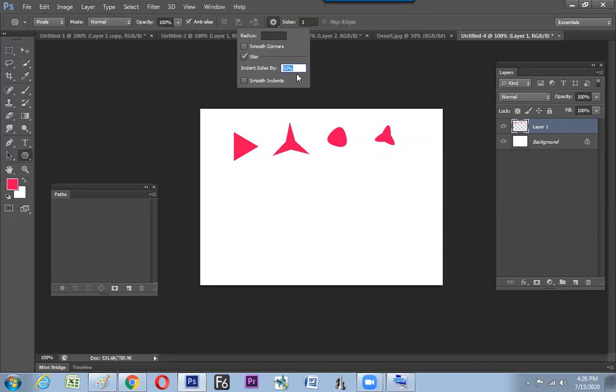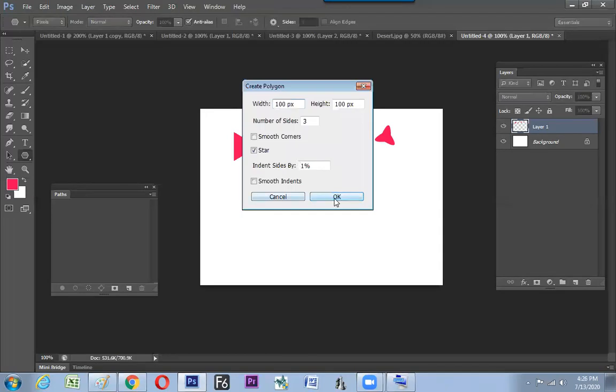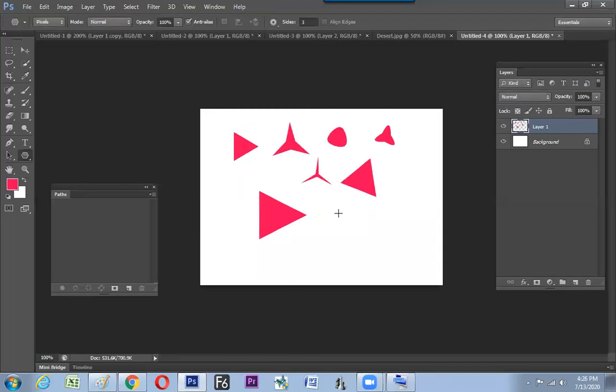How much percent is going inside? You can go from sharp stars to an 80% turn, so we can see the sharpness get raised. In exactly the same way, if you go for 0, even though it is a star, it looks like a triangle already, because the inner portion is 0 or 1%. So hope we have understood what this indent side is. By default it is 50, and we have done this. Is it okay?